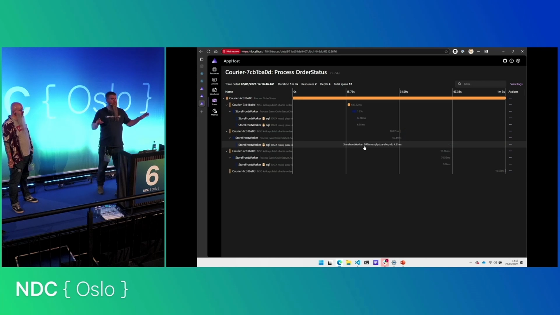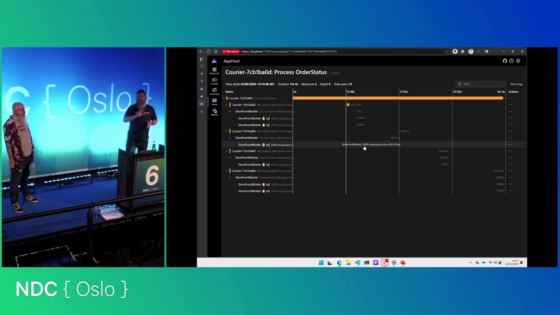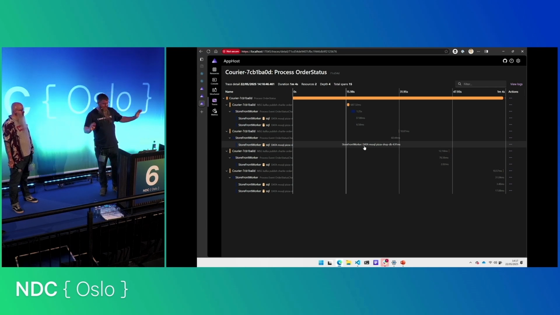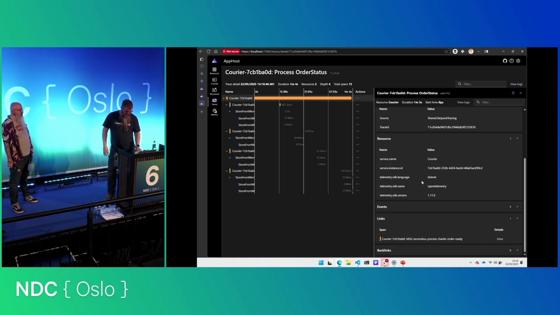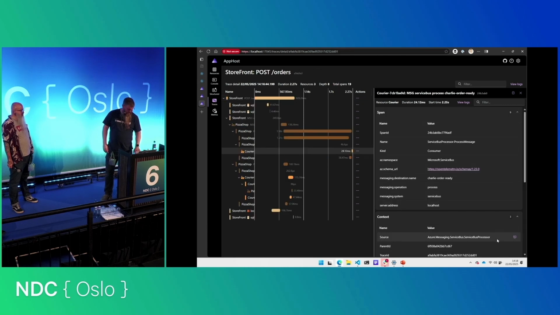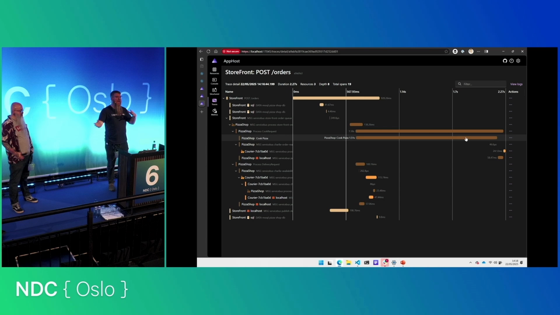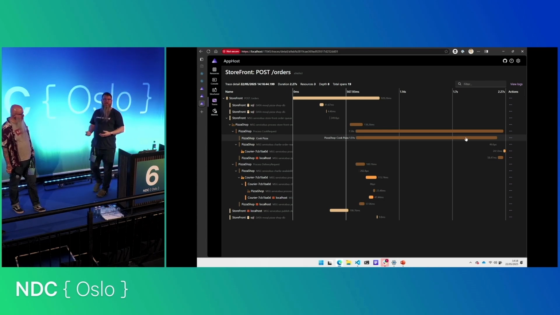Now, if you think about who might debug these two systems, they're highly likely to be two completely different developers, two completely different teams that are developing these two processes. But what's really important is that from here I can go, well, something went wrong with my courier. Maybe what I want to do is go and view the original trace. And then I can get back. So I have a causal link between the two, but they're very distinct, different activities.